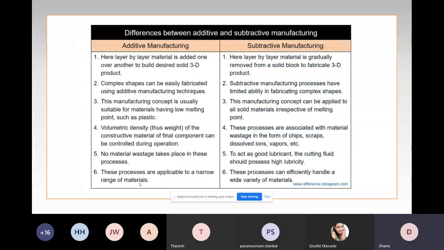As I said, the large scale volumetric density. So when you want to print a large scale model, you will be preferring subtractive manufacturing, whereas in case of small production, and in case of quality and fine-tuned models like jewelries and these kind of things, they can be done with additive manufacturing without any problem.